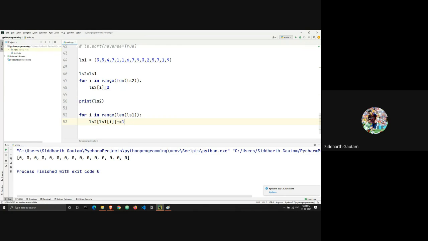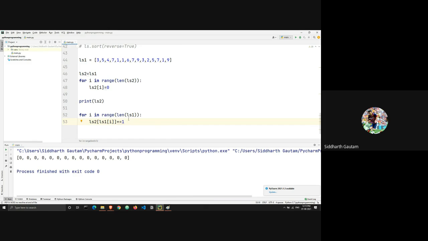Take a look at what's happening here. ls1 of I means the ith index of the first list. It starts from 0, so the ith index of the first list is 3. So this entire thing turns into 3, which means that the third index of the second list has been increased by 1. This is what's happening here.